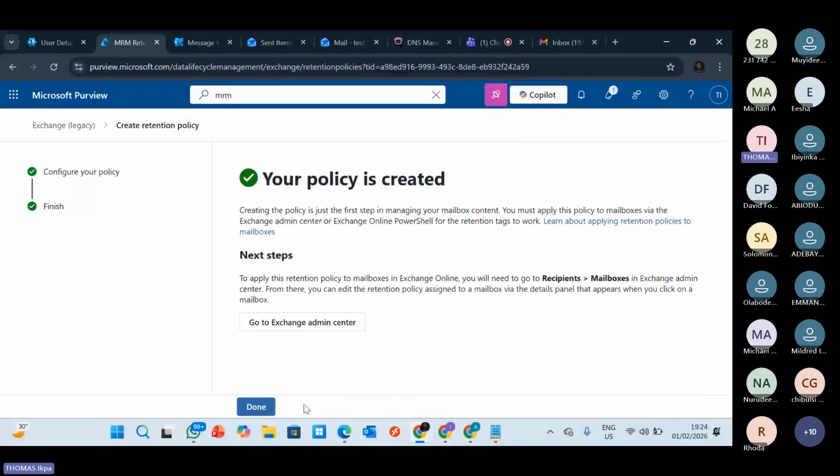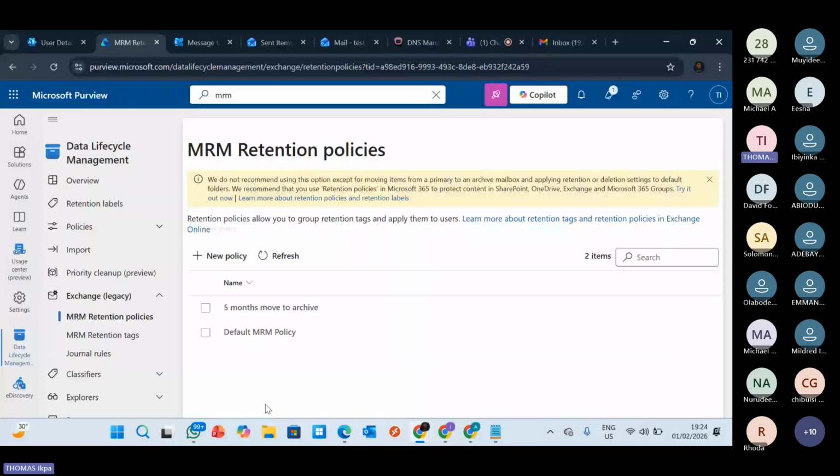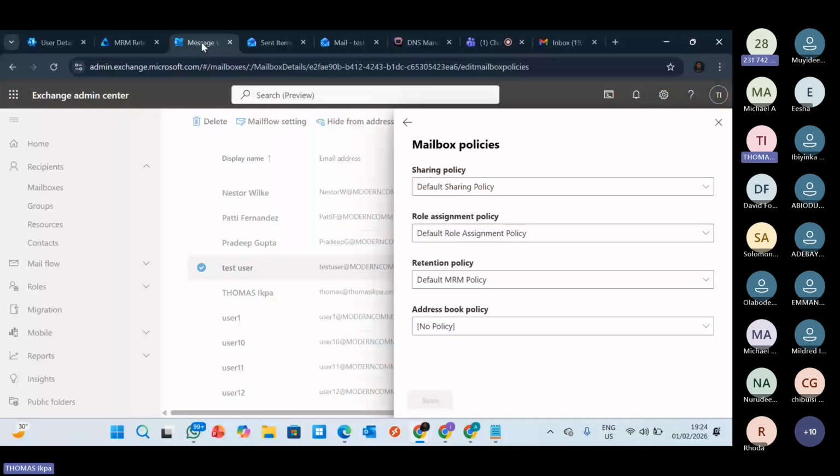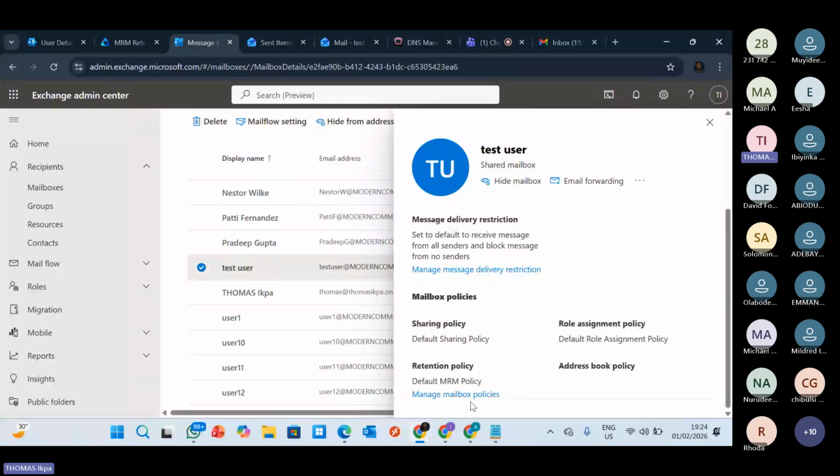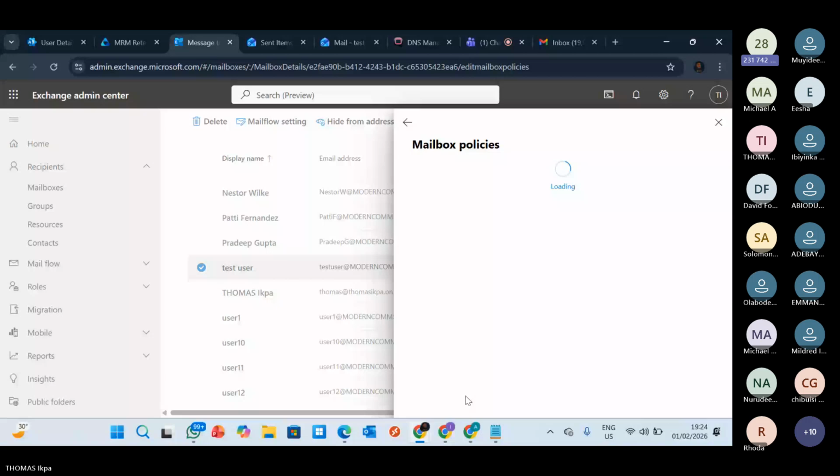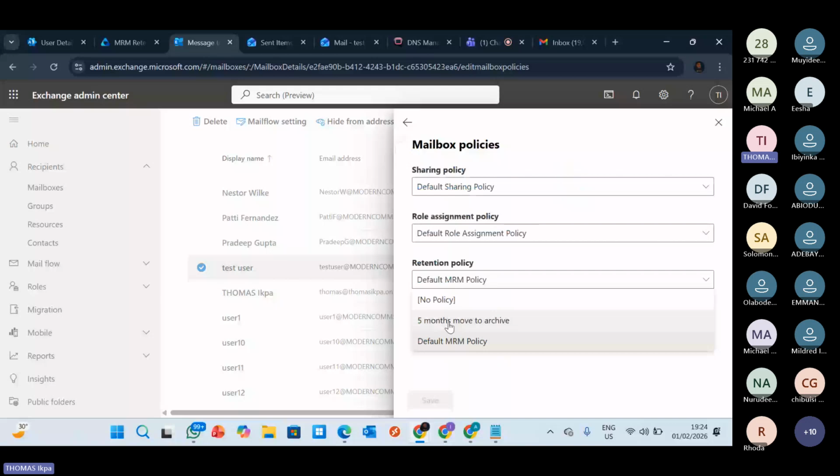So this particular one now, if you want this user's email to move to archive after it has reached 5 months, you come here, then you come here, you can see 5 months move to archive. So when you click on it and save,